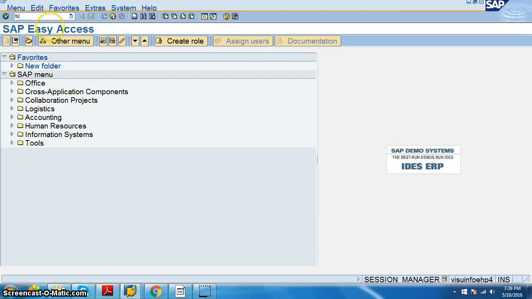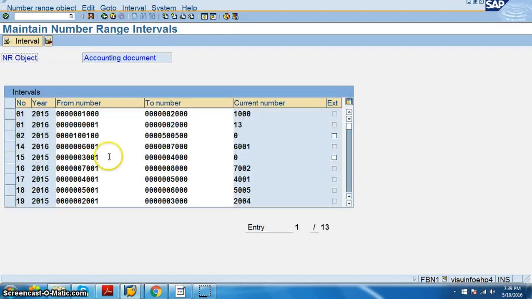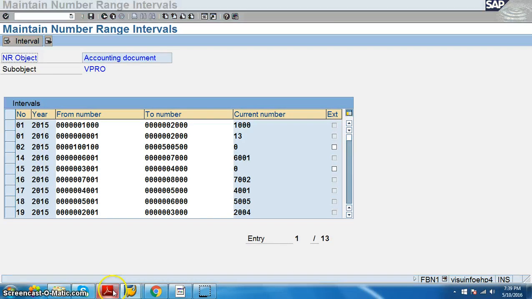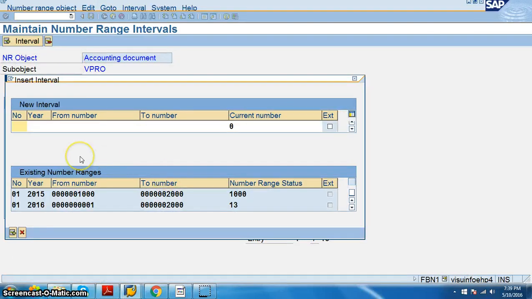So in FBN1, as you have seen in the past with different subledgers, there are various intervals that we need to maintain for different applications. So we have VPRO here, intervals, and in this we need to go for 50 and 51. So we need to maintain 50 and 51 here. So intervals 50,